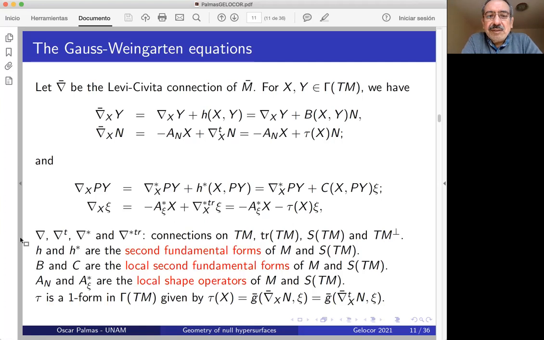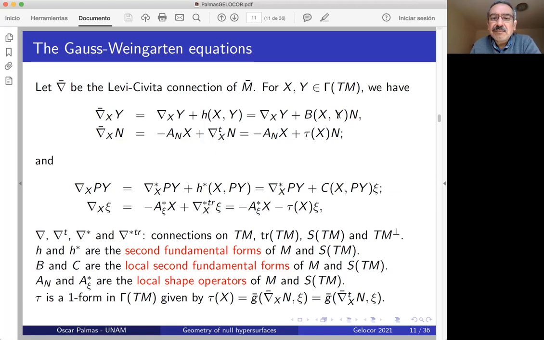So we can do now what was done in the Riemannian case. We have nabla bar, the Levi-Civita connection, and for each X, Y vector fields on M, we have these decompositions, which look somewhat like the usual decompositions, but now